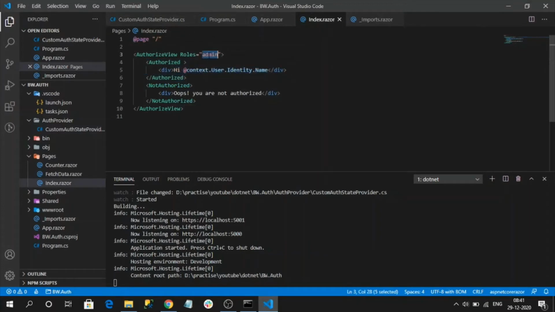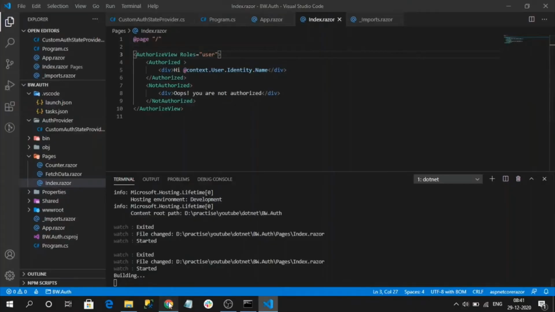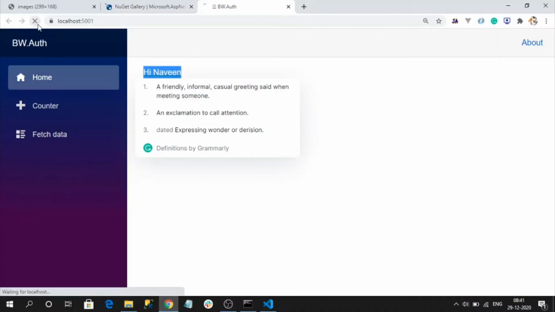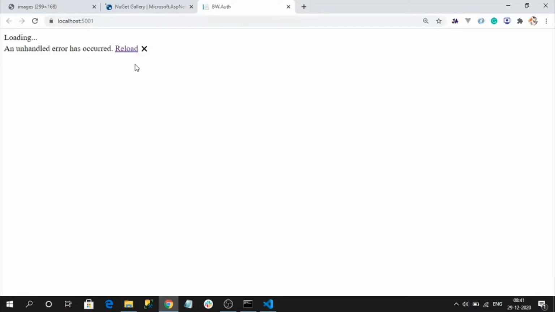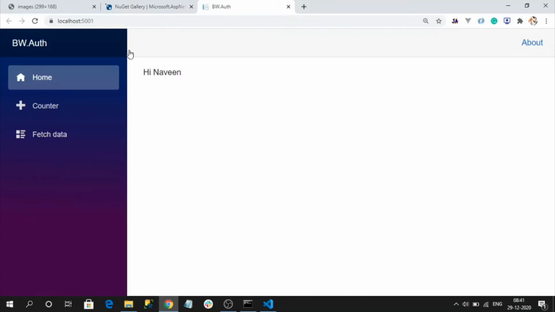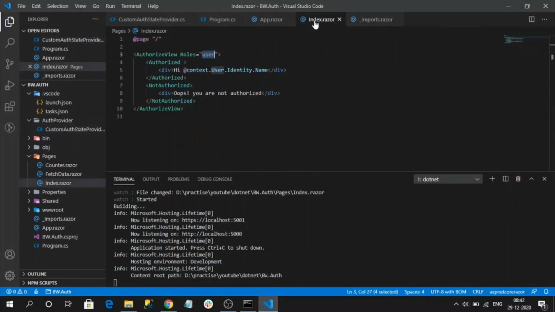If you want this only for rendering users, you can do it like this as well. Now our block of code is to render only users. Since I have the user role also, I am able to access this block of code.